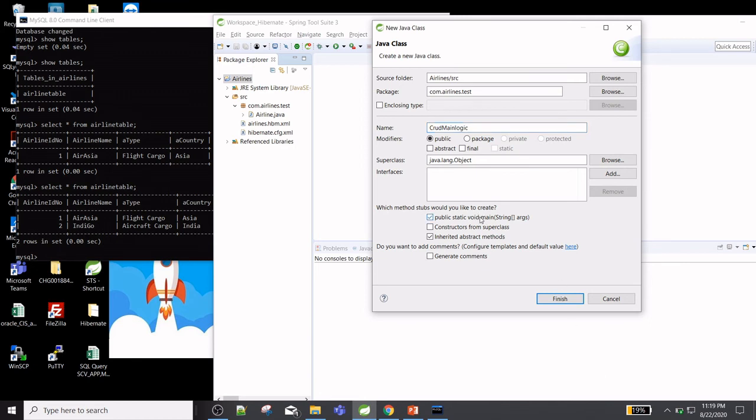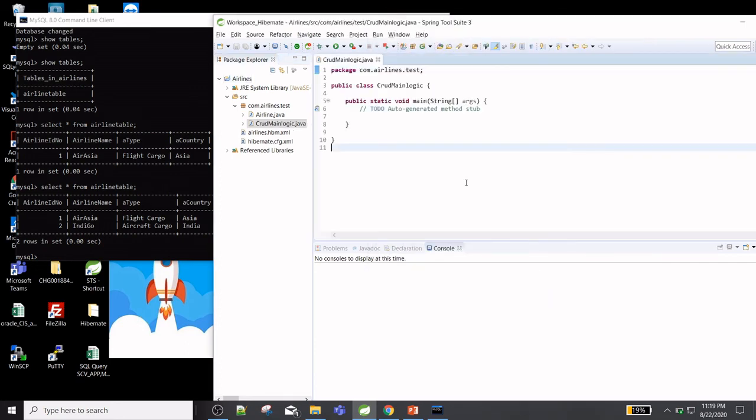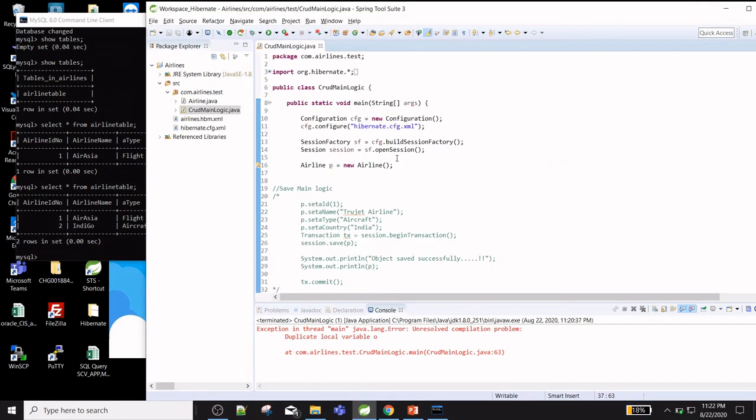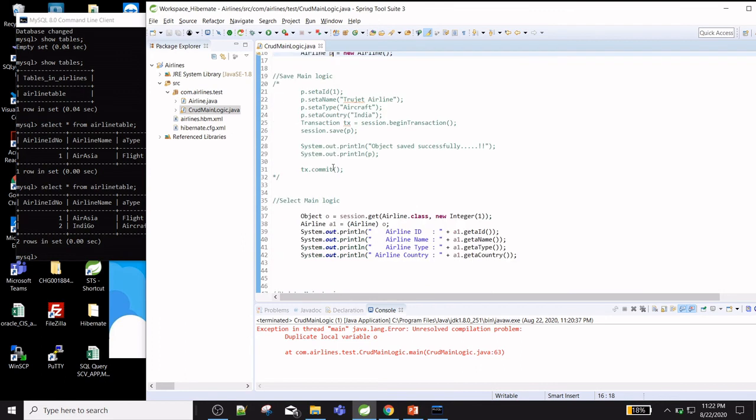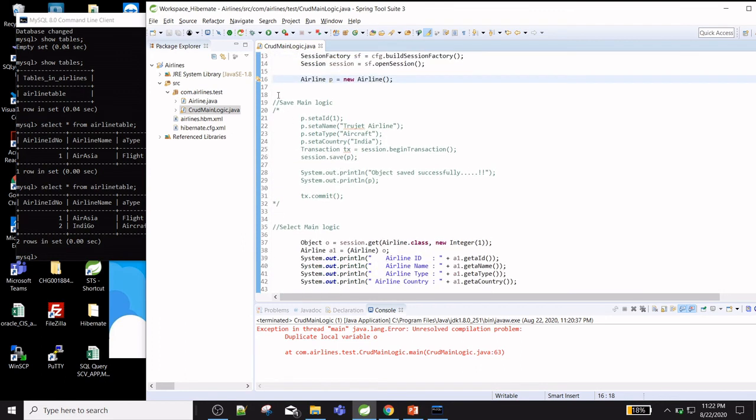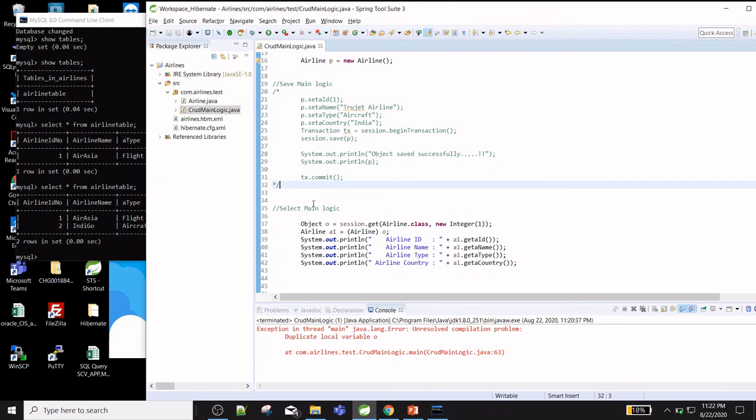I'm just using the public main method. So we have created the CRUD main logic. The main intention of this is we need to create a single class, and we need to perform all the CRUD operations.